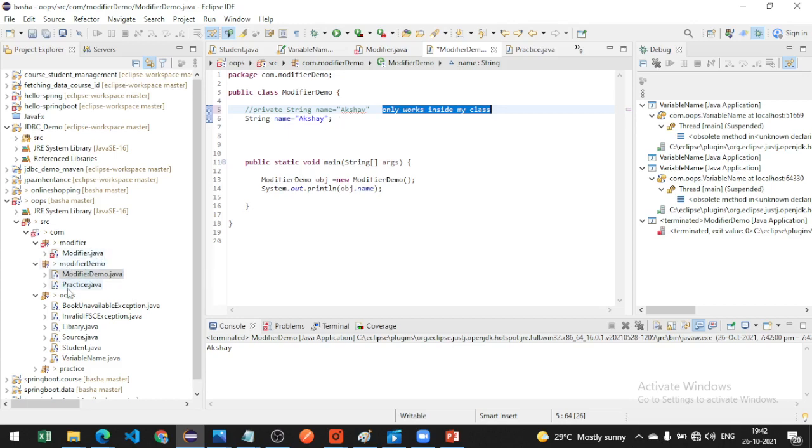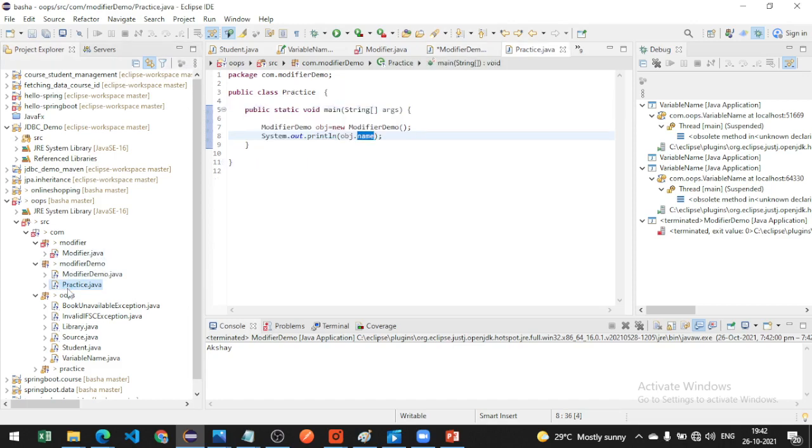See this, if I call this object inside my package in another class like practice, I create the object for the modifier demo. It doesn't show any error. But I have another package called modifier, and inside that I have a class, modifier.